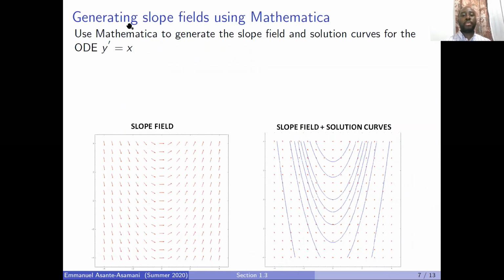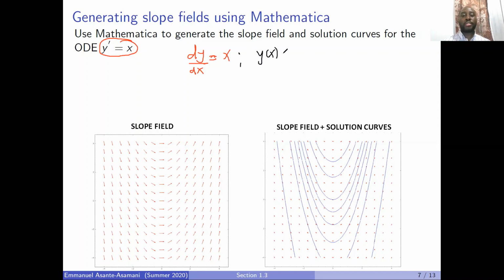So here we have a differential equation. This is a first order differential equation. Let me write this out in full so you can see it in all its glory. This is dy dx is equal to x. Now, of course, we know we can do this by direct integration. And I picked this specifically because we can at least compare what we are seeing from the computer output to what we know to be true. So if we were to solve this by direct integration, then we know that y of x should be x squared over 2 plus c,